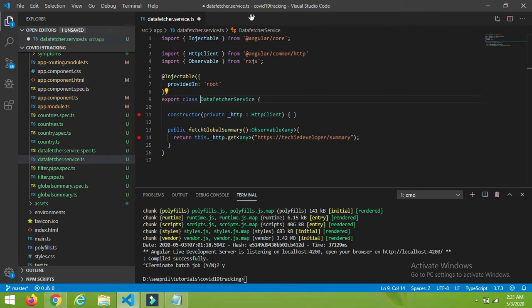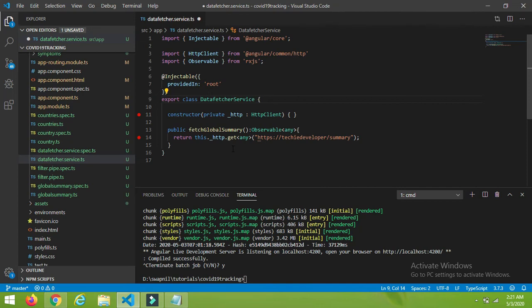Now I will create one method which will call our REST endpoints and will fetch the data. So here I have created one method, fetch global summary. Inside that, by using this HTTP, I have called the get method because we are getting the data, not posting the data, right?